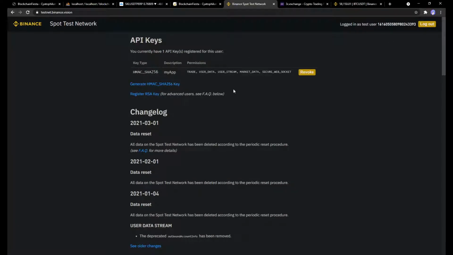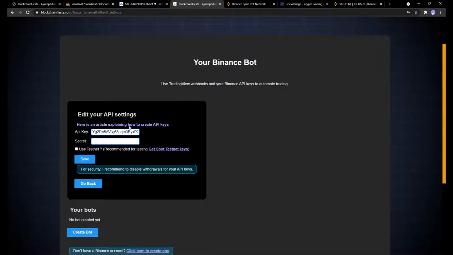If you do not have a GitHub account, you can create one, and you should be able to create API keys for the testnet. You enter them here, you click this checkbox here, and you click save, okay?